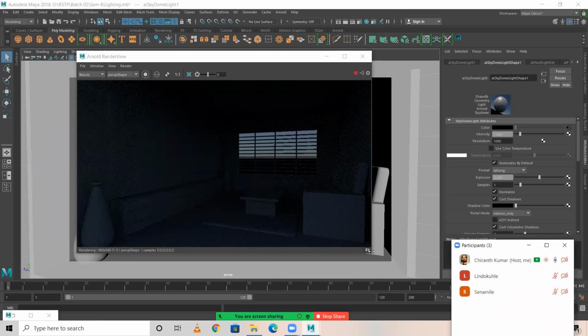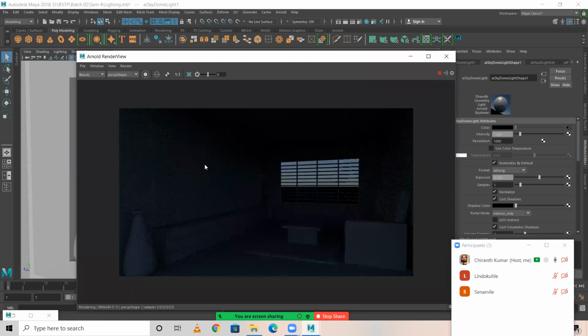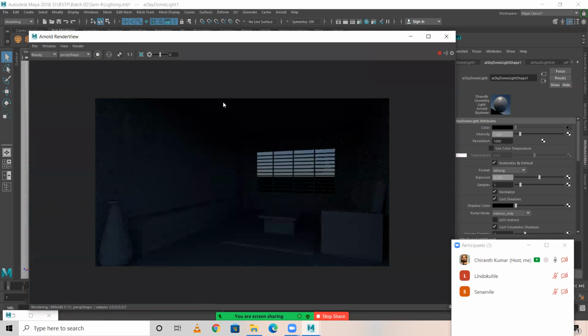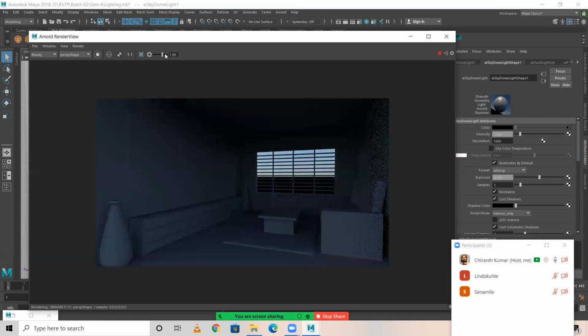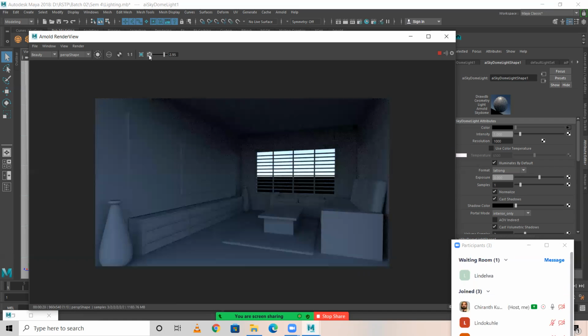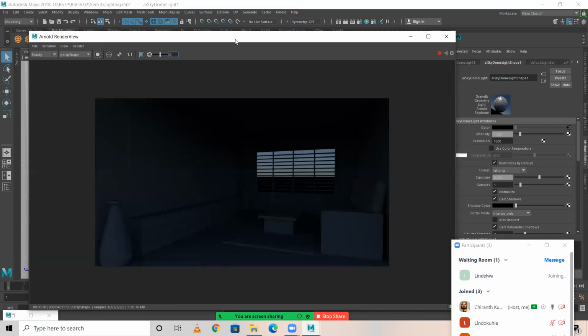If you're able to see this output, you're getting something like a sky output, like sky tone and all. If I increase this here, you'll get to see the alpha part. By default, it is 0. Let it be, I'll keep it at 0 for now.